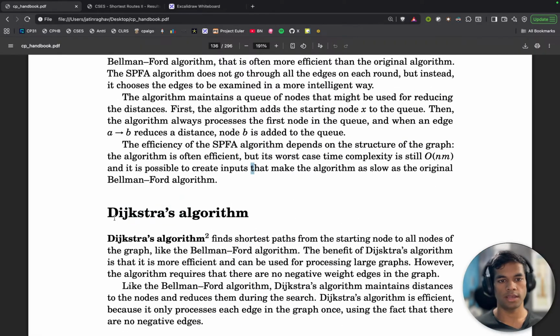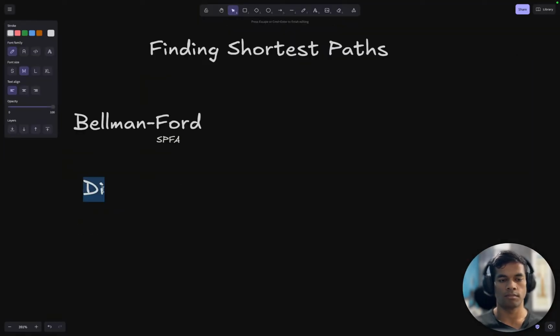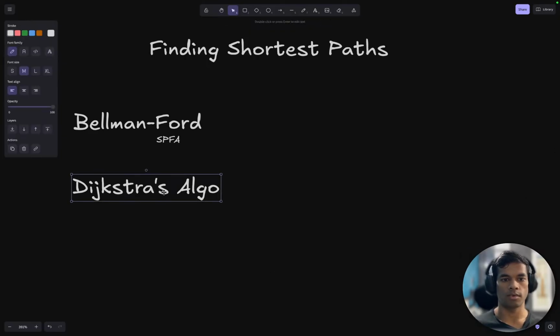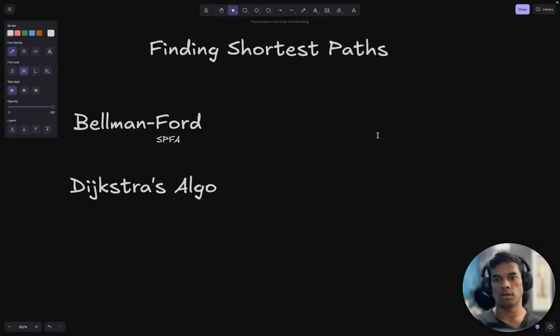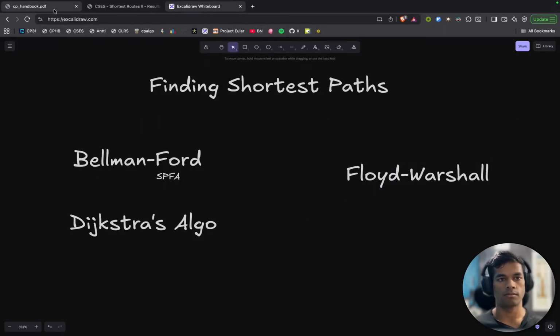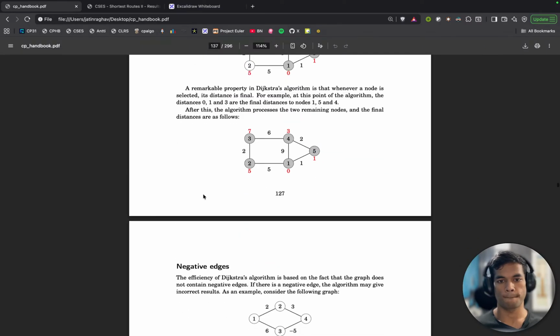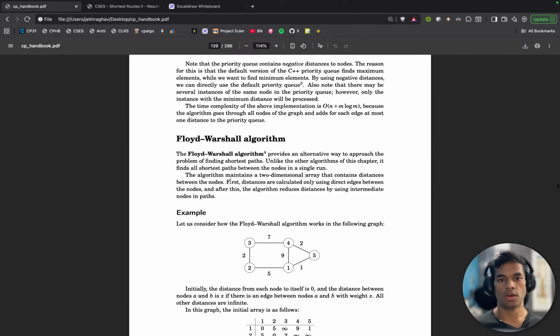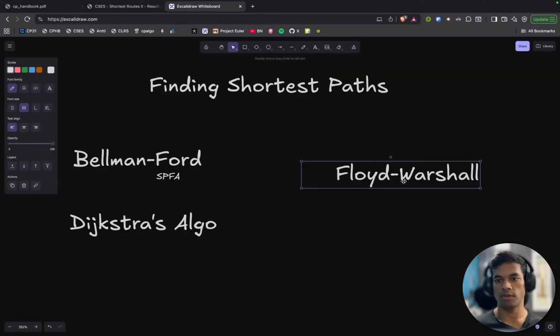D-I-J-K-S-T-R-A, Dijkstra's algorithm, and Floyd-Warshall algorithm. I think it is S-H-A-L-L. Floyd-Warshall, S-H-A-L-L. So we have these three algorithms